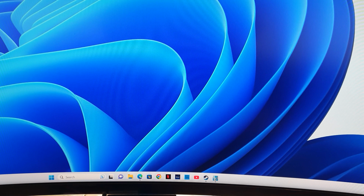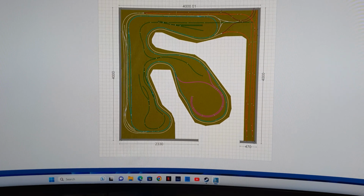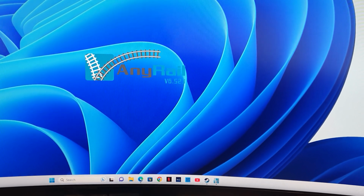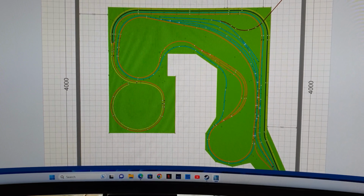So it's at a stage where I needed to go into dry dock because I have changed the plans of the new layout. Where we was going to have 2 rooms and have a fiddle yard, if I bring the old fiddle yard up, which was this one, hopefully it'll come up. No, that's the new one. American Fiddle Yard, sorry, wrong one. So we should be able to see all of that. This was the old Fiddle Yard,